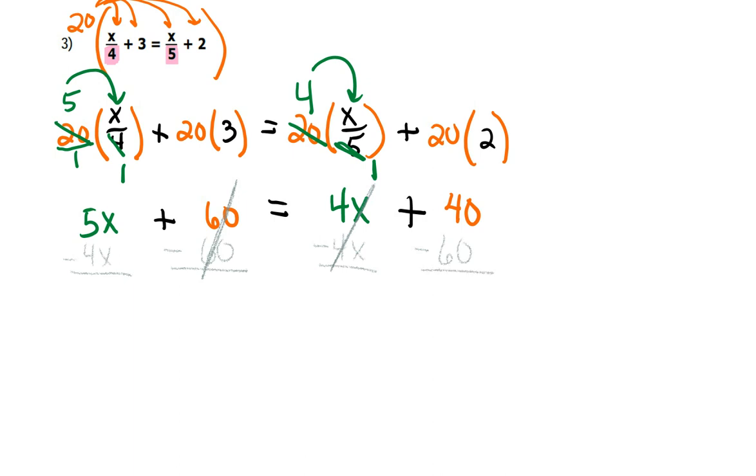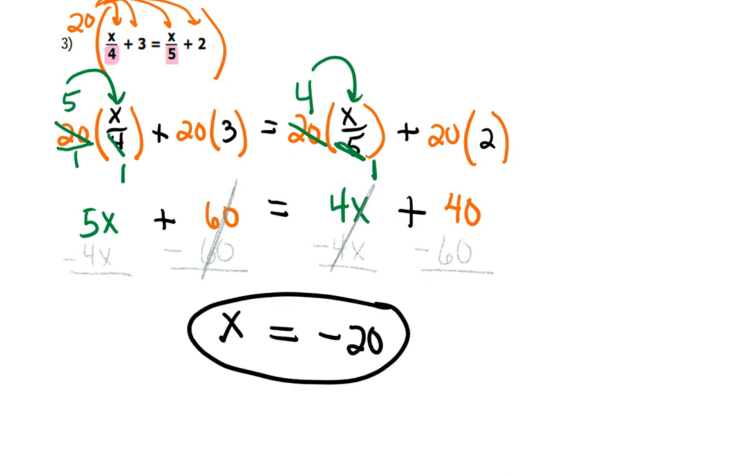So on the left side of the equation, 5x minus 4x is just an invisible 1x. And 40 minus 60 is a negative 20. And that's my answer. And again, if you want to check it, I'd have to go back up to the